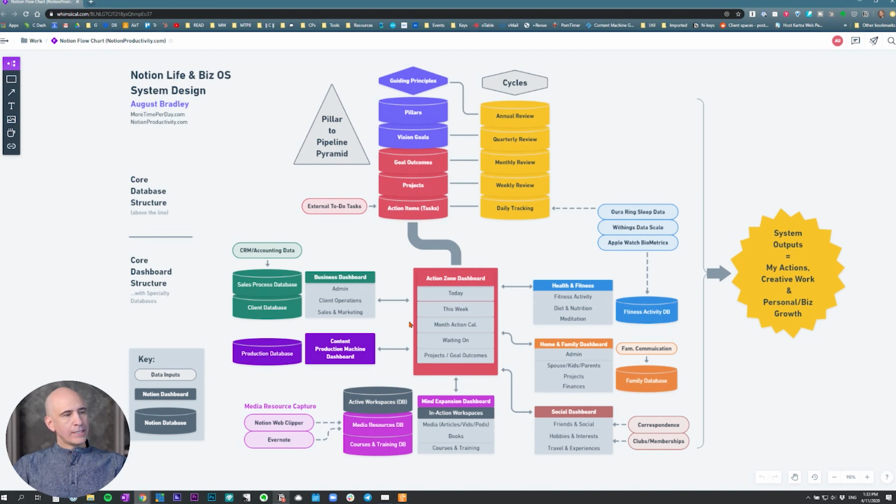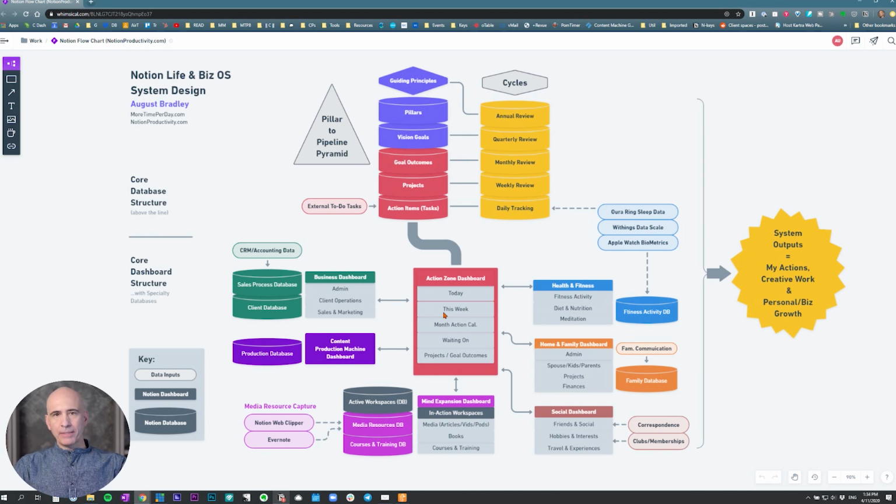So this rectangle, just to give us sort of a starting point, the red rectangle is the Action Zone dashboard, what I've also referred to as the Daily Action Zone dashboard. We did a whole video on this very recently. If you haven't seen that, that video will explain this red box. This is the dashboard that I spend by far the most time in day by day. It lays out everything from every other part of the entire system that I need to do on any given day. And as I go through the day, it tells me what's next and what's next and what's next. So it manages my hours within each single day.